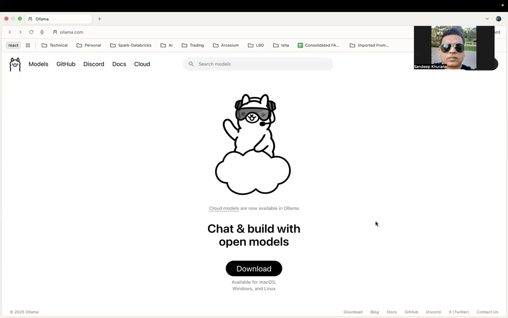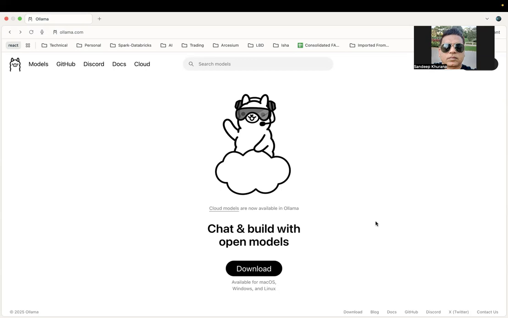Hello everyone. Today we will see how to use AI free of cost without paying companies like Anthropic or OpenAI. We will use Ollama, and Ollama has certain AI models which are free of cost. Ollama is also free. The models under Ollama are also free. So we will use Ollama and one of the models under it,